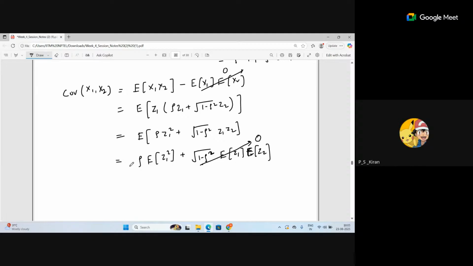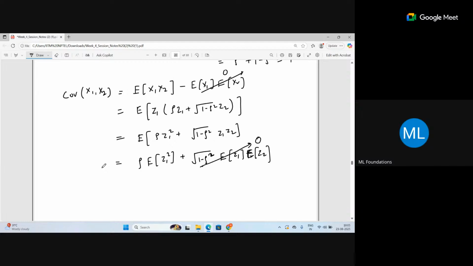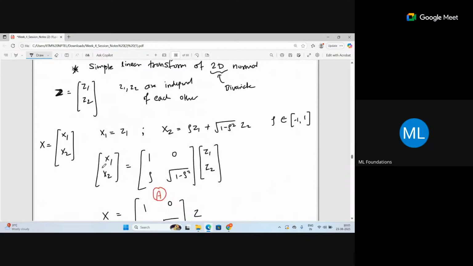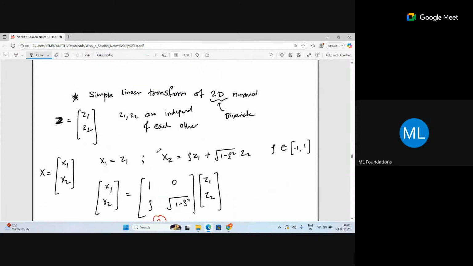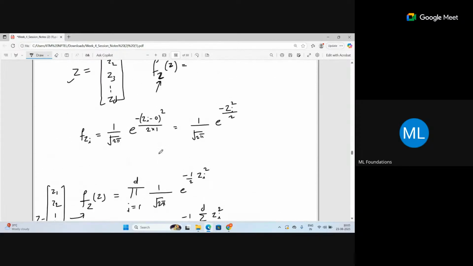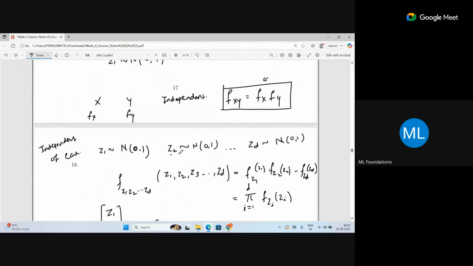You can find it from the variance. What's the variance of Z1? Can you provide it? The variance of Z1 is just 1, right? Variance of z1 is 1. Yes, it is equal to 1. We already know this, right? Because z1 and z2 are standard normals. They have mean equal to 0 and variance equal to 1. We started with this, right?